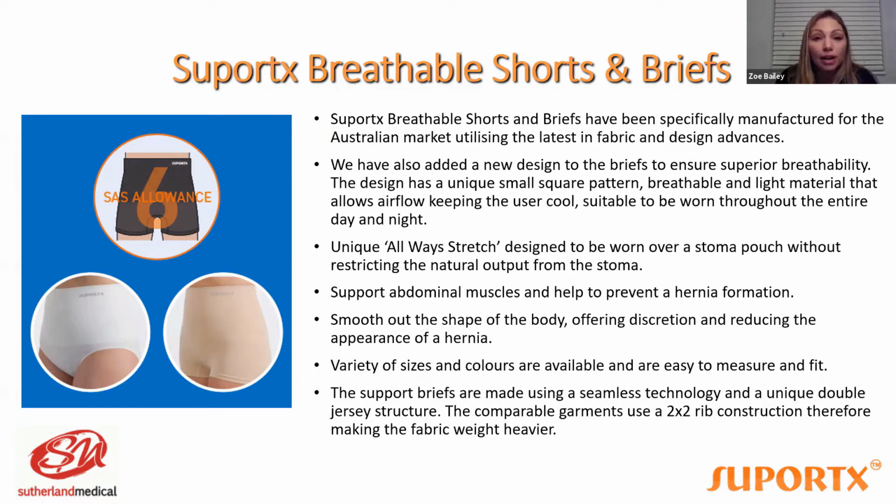Without actually trying that, they'll never know, but encouraging them that it's fine and it's been tested, and we can guarantee you that that is not the case. And obviously in the UK, it's been fantastic. The added benefit is it smooths out the shape of the body, it offers discretion, and it does reduce the appearance of hernias. Hernias can cause swelling and bulges that patients become very conscious of, and these garments will help